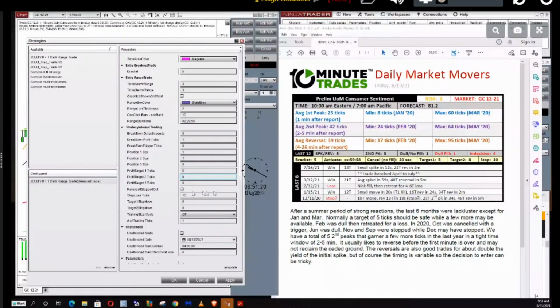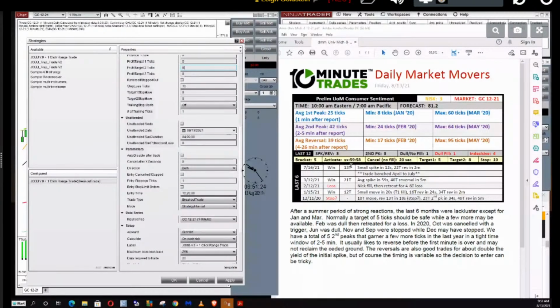Then I'm going to slide down. Activation time is the time that orders will show up on the chart, okay? So that's the entry time. Entry time equals activation time. I've got to change the name of entry to activate. I think I can do that. Get the programmer to do it.